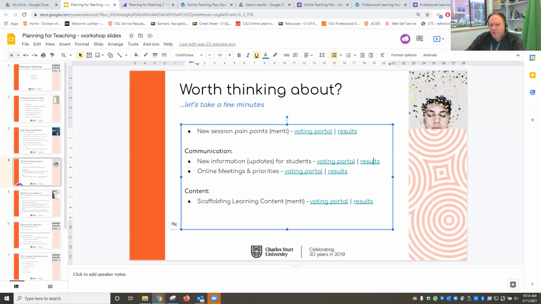Next question around communication. We've just taken a snippet of some of the questions from the form, is around online meetings. So use of Zoom and your priorities in the use of Zoom meetings. So let's drop that link into the chat pod. And we will have a look at some of the strategies for those as they come in.